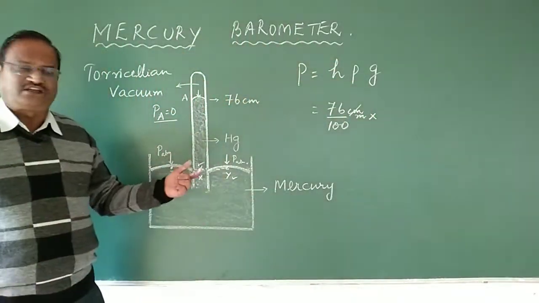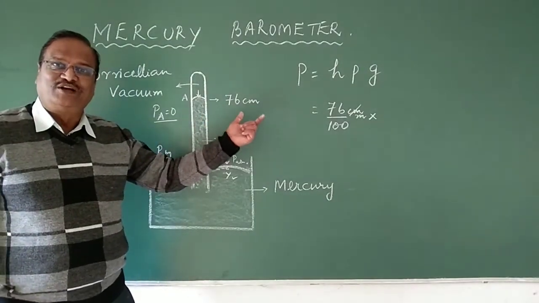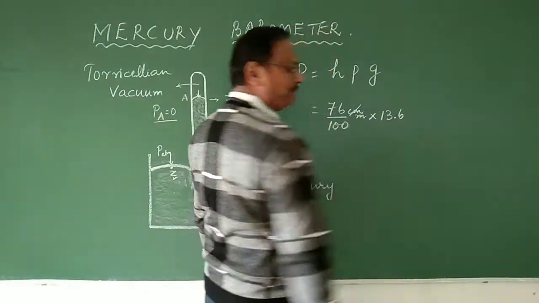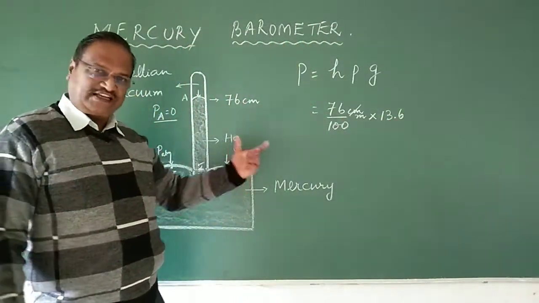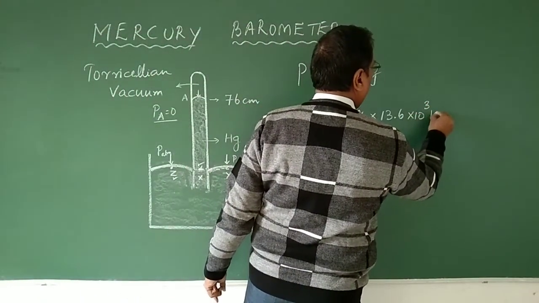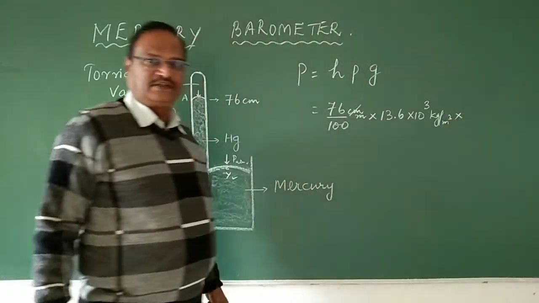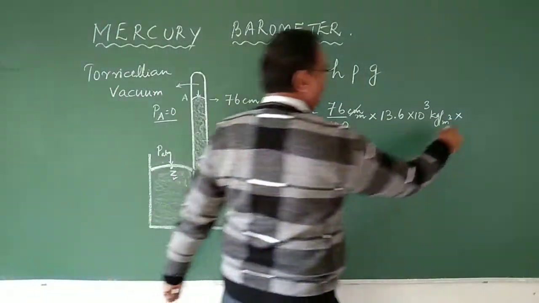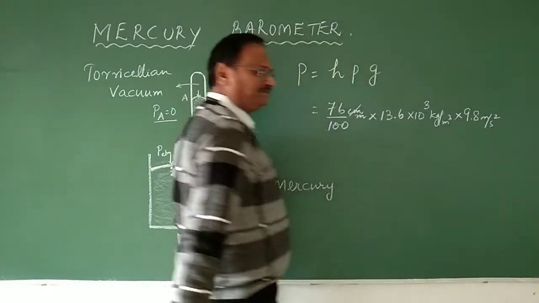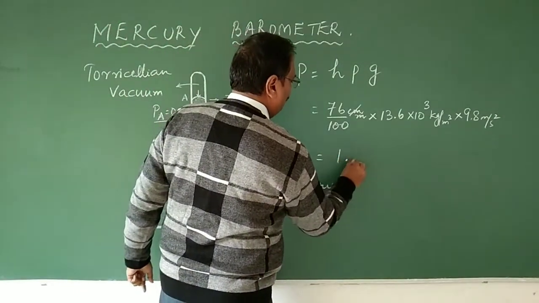rho, density. Which is the liquid you have? Mercury. What is the density of mercury? That is 13.6 gram per cubic centimeter. Again SI unit, so 13.6 into 10 power 3 kg per meter cube. Multiplied by G, acceleration due to gravity, 9.8 meter per second square. When you multiply all these things, you will arrive at a number